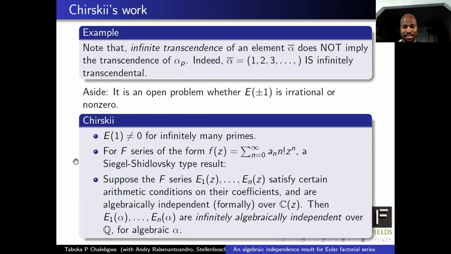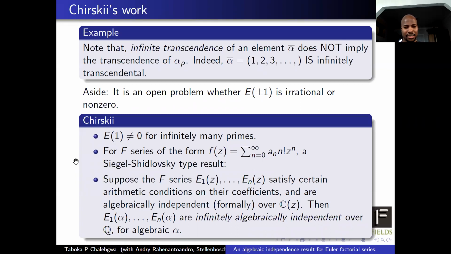And then, but in such a way that, of course, you are considering them over periodic fields. In this case, Chalebgwa obtained a Chalebgwa type result for this F series. And essentially, it says that if you've got n such F series, whenever they are algebraically independent, formally over CZ,